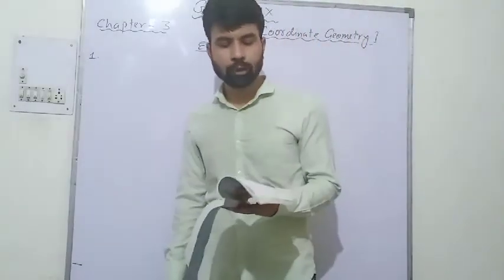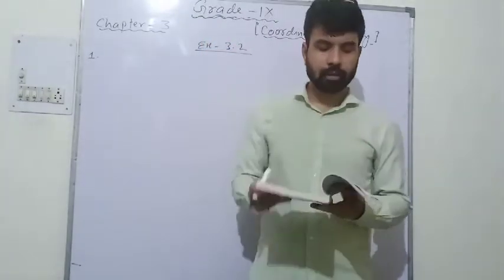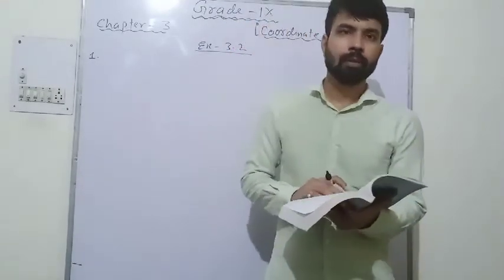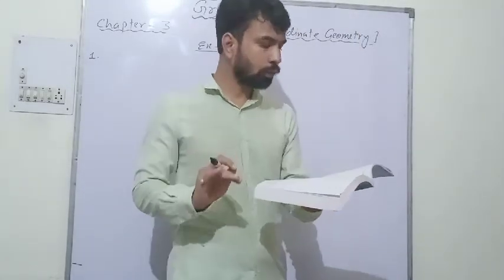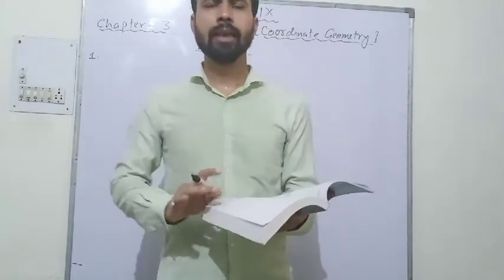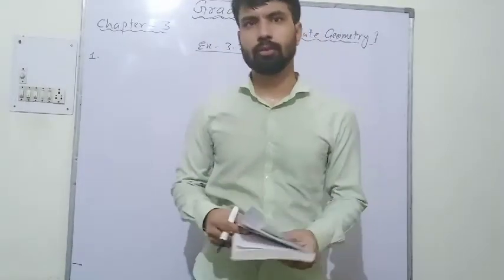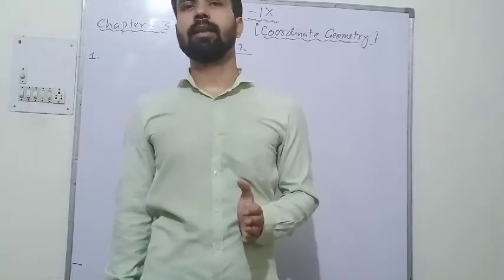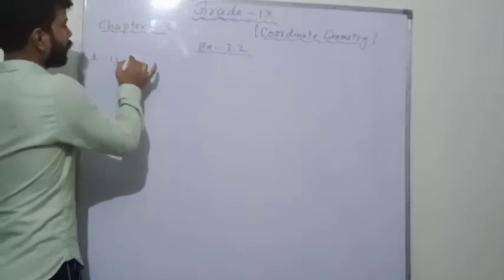Okay students, now I am going to start exercise 3.2. The very first question, just read in your book. First question is write the answers of each of the following questions. The very first question is what is the name of the horizontal and the vertical lines drawn to determine the position of any point in the Cartesian plane? Simply, question is saying in Cartesian plane what is the name of horizontal axis and what is the name of vertical axis. So you all know that the horizontal axis is known as x-axis and the vertical axis is known as y-axis. So the answer of first part is horizontal